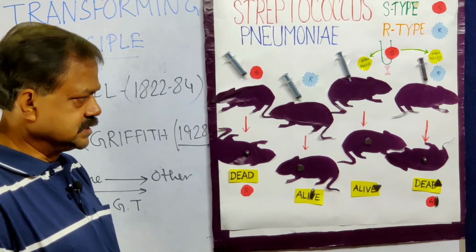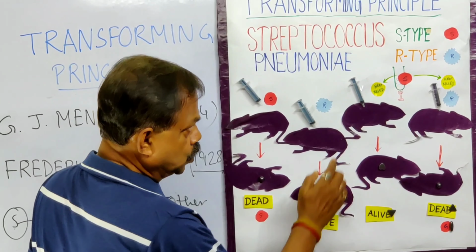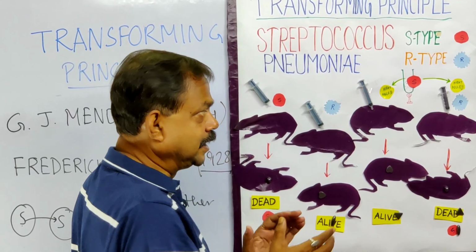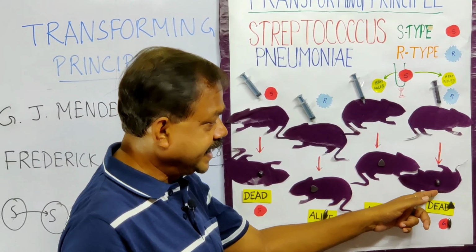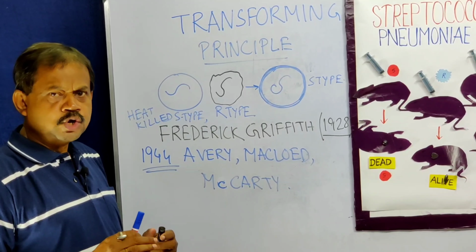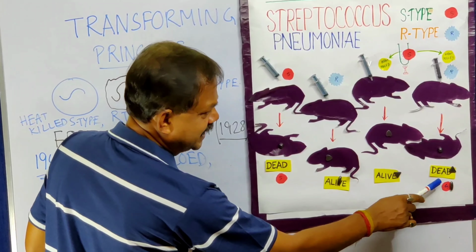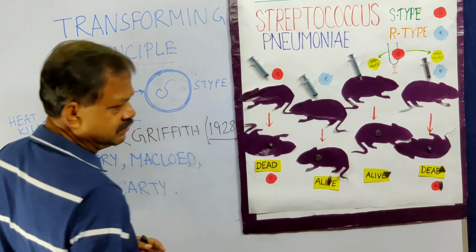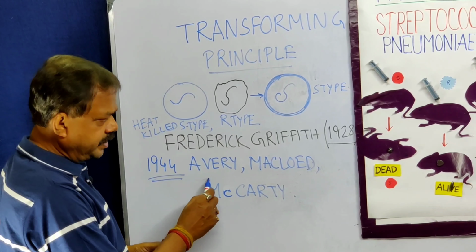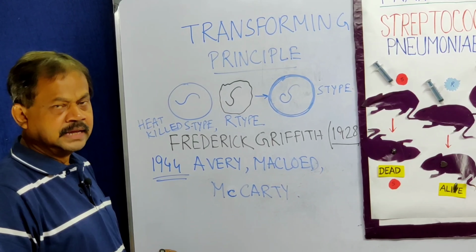Now the question arises: why, when R strain is given separately, is the mouse alive? When heat killed S-type Streptococcus pneumoniae is injected into the mouse, it is alive. But when both are injected, then it is dead and living S-type is found. Frederick Griffith did not explain properly what is responsible for changing this R bacteria into S bacteria. Okay, in the year 1944, Avery, MacLeod and McCarthy, these three scientists, proved experimentally that DNA